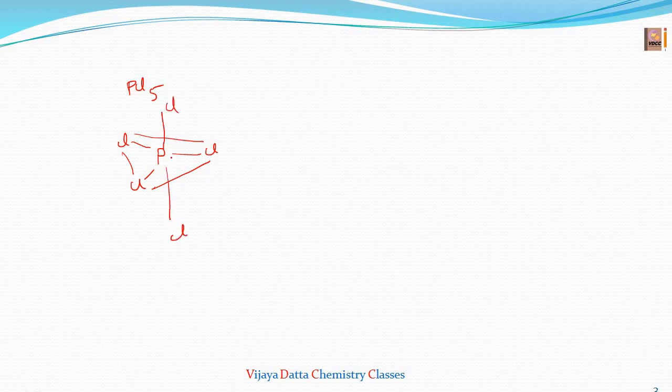See here, the central atom will have 1, 2, 3, 4 and 5. So its hybridization is sp3d hybridization, and the shape of the molecule is said to be a trigonal bipyramidal structure. And here, what are the bond angles we are going to discuss? This is the 90 degrees, and in between these chlorine equatorial positions will be 120 degrees, and between the axial position these chlorine and chlorine will have a 180 degrees bond angle.